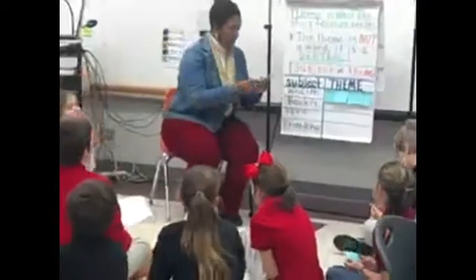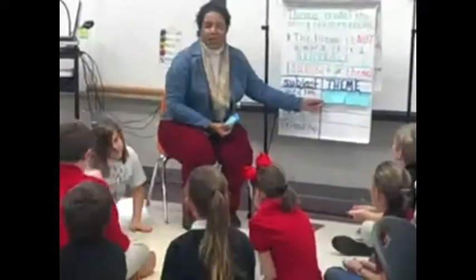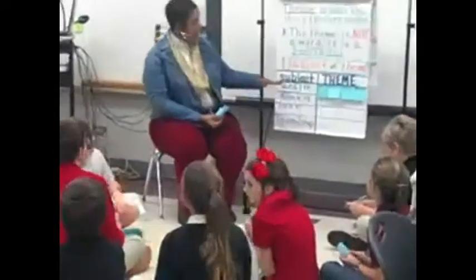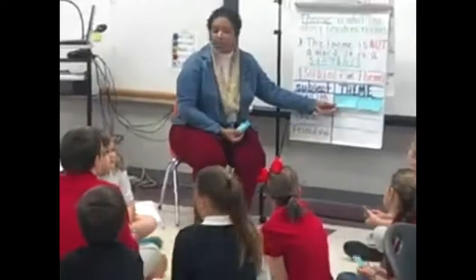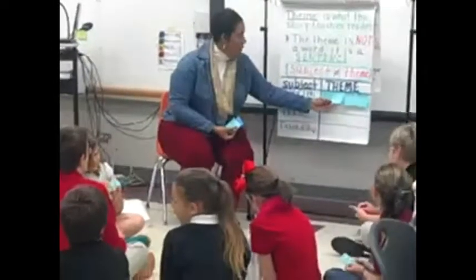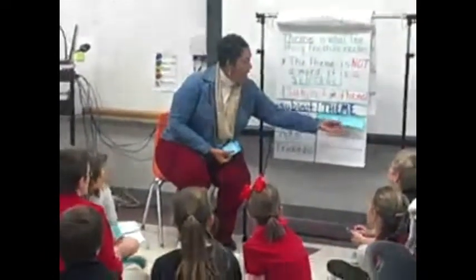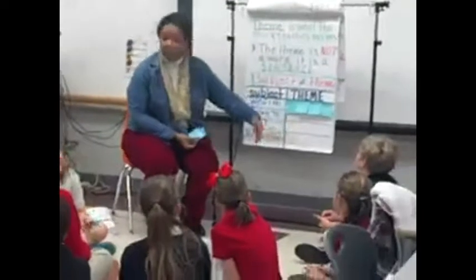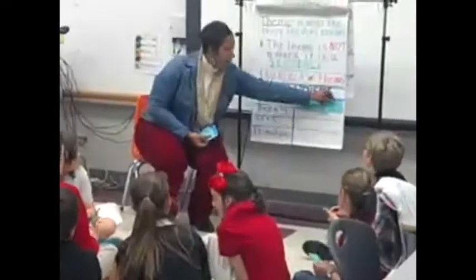Okay. All right, then we have one that says, money can't buy friends. So do you see the difference between the subject and the theme? And that's a good theme. That could be a theme of a story. Being wealthy doesn't mean you're nice. I like that one. Money can't buy happiness. I like that one. Being proud of yourself, okay?